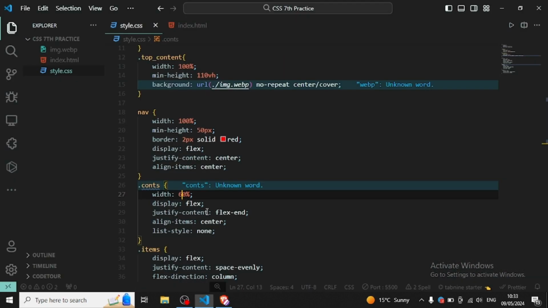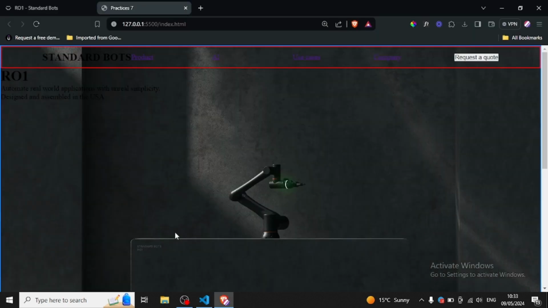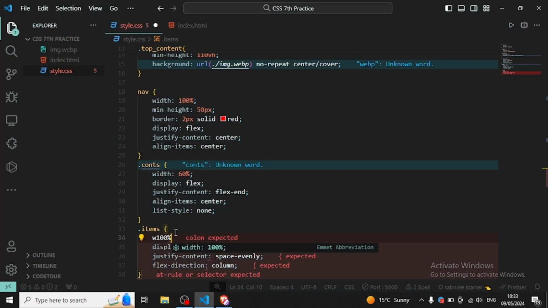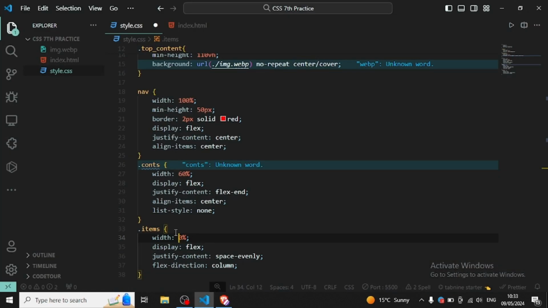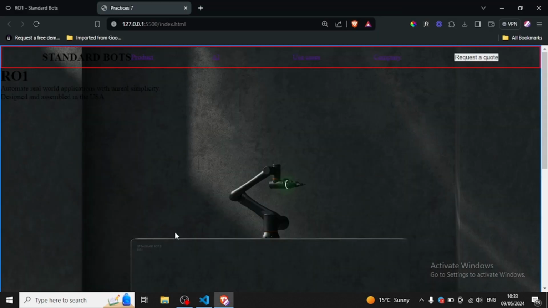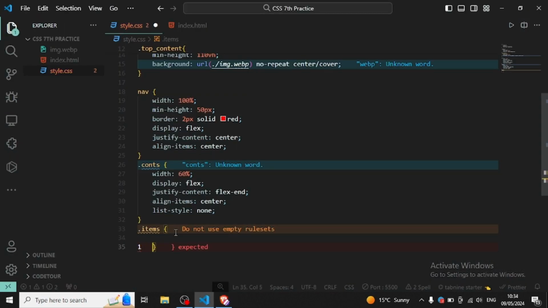Okay, next thing I'm going to do, I will just come over here, and I will write 100%. Oh, maybe not 100, 60, maybe the same. Okay, we'll see now. Okay, 10%. Okay, just remove this, and instead of display flex we can use margins. So I'll just write margin left 30